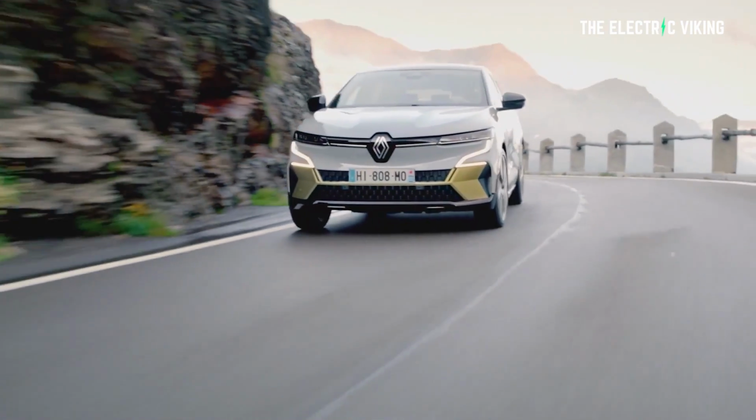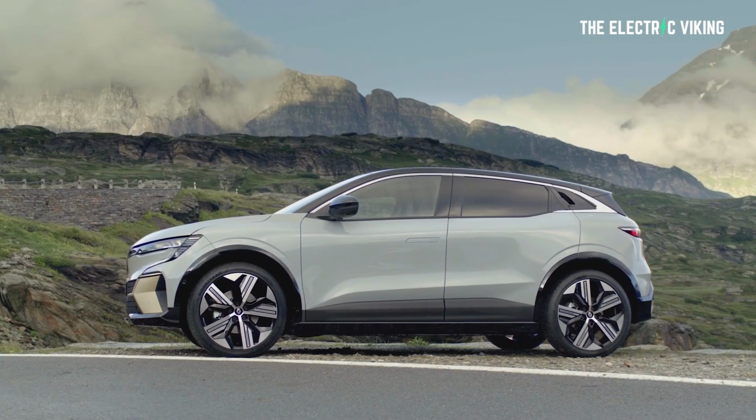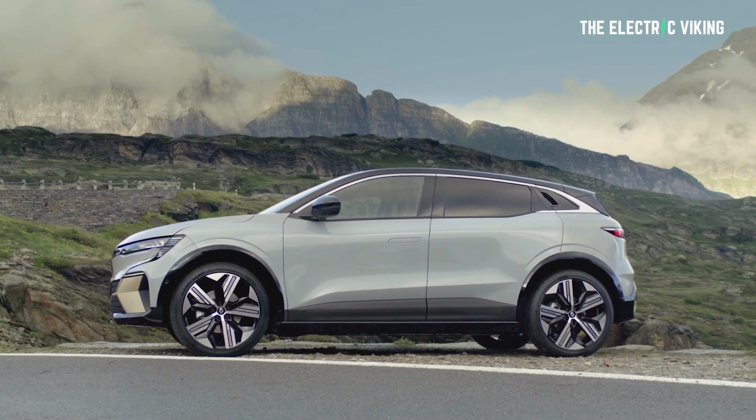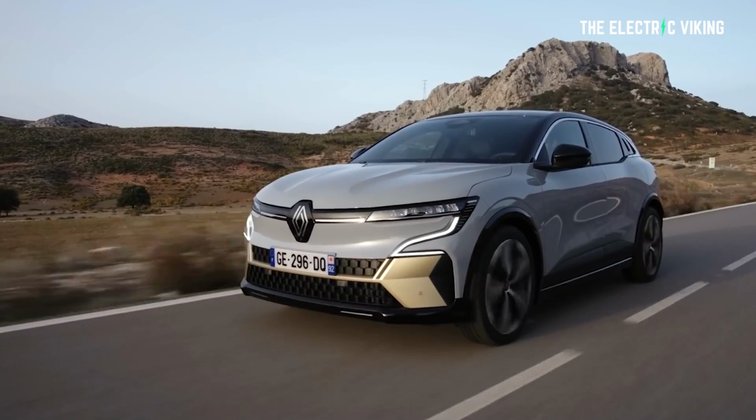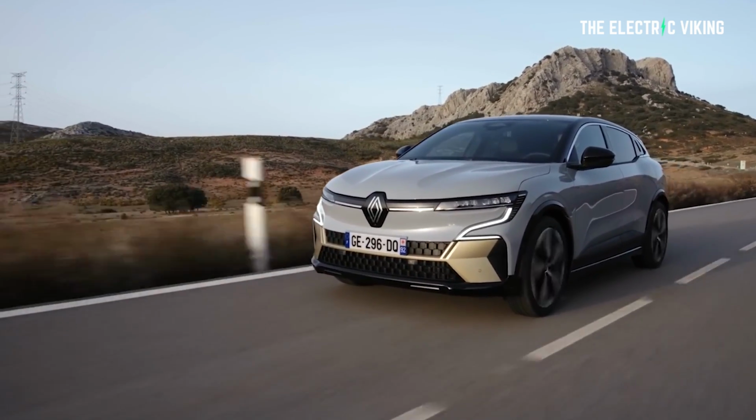option. So just to sum it up, 3 different models, 2 different battery pack sizes, a 40 kilowatt hour pack and a 60 kilowatt hour pack. Are they LFP batteries? No, they are not LFP, not lithium iron phosphate. They are lithium ternary batteries. But that said, I've got to say, Renault have made an exceptionally good looking car, and it will be exciting to see this car come here in Australia, come to the US, come to many different markets worldwide. Whether that'll happen this year or next, I don't know, but it's certainly going to become a global car for